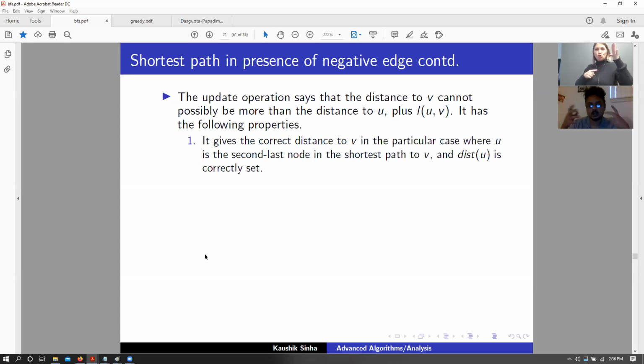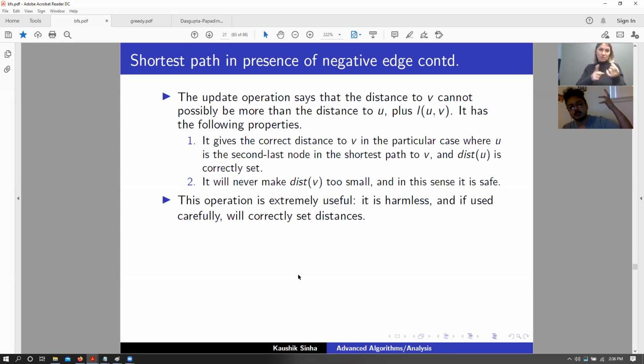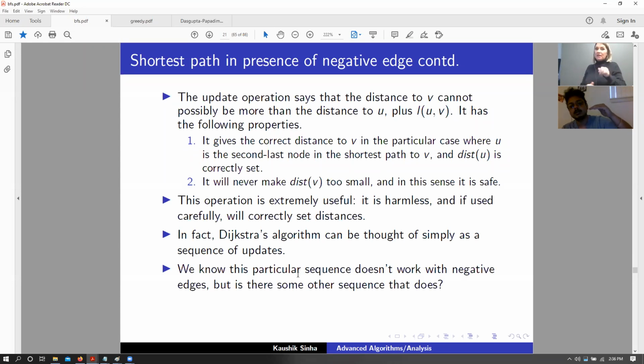In that scenario, you might have negative edges, and negative edges might be a thing in other scenarios as well. And Dijkstra is not the best algorithm for those problems,